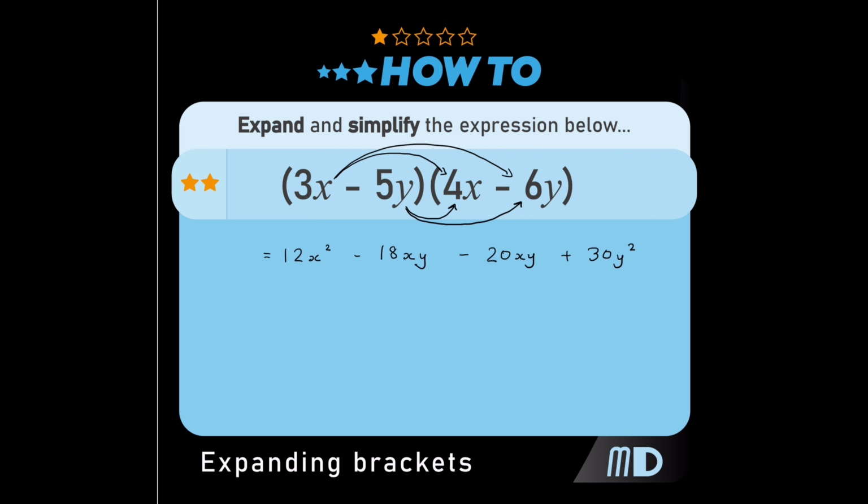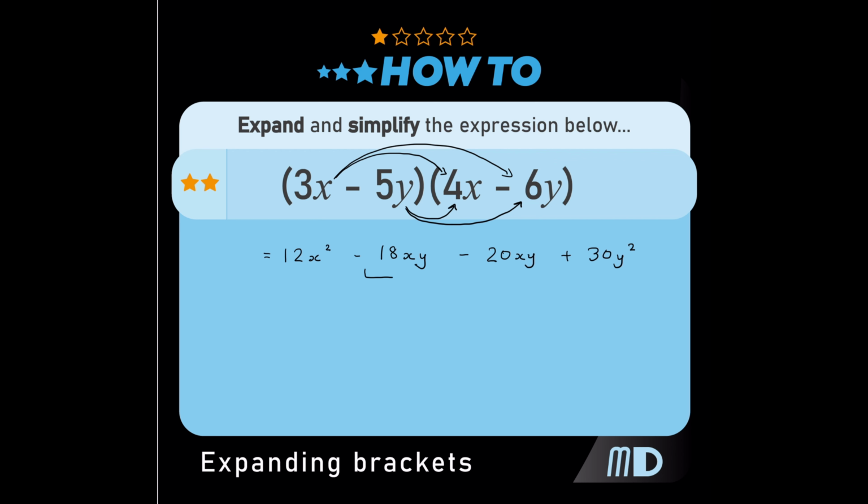The expanded expression is therefore 12x squared minus 18xy minus 20xy plus 30y squared,